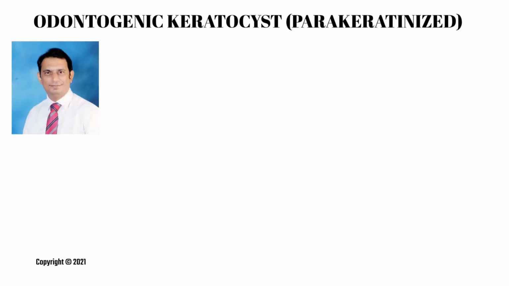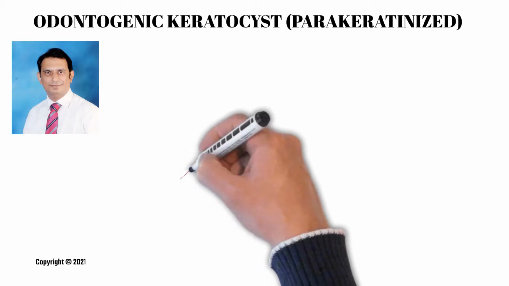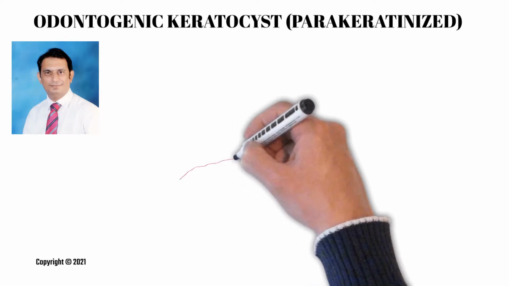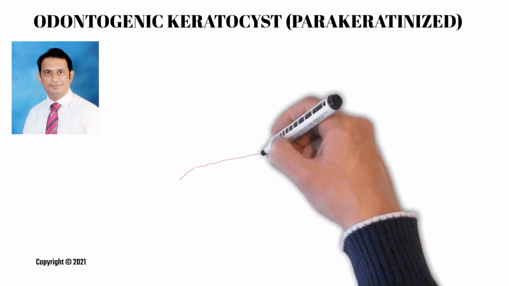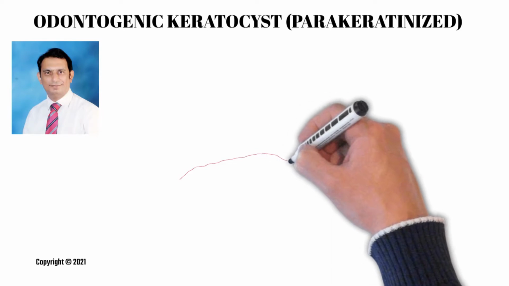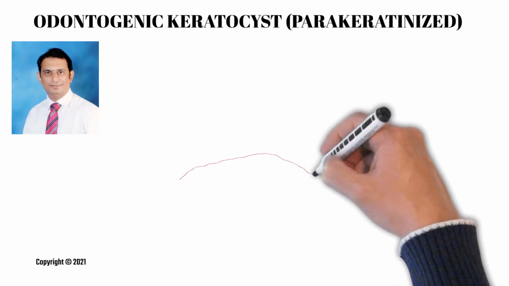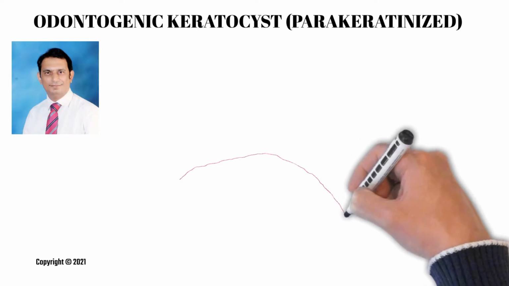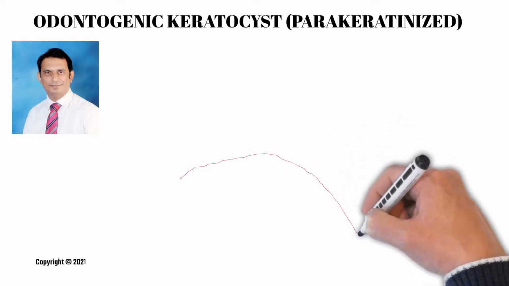The first cyst is the odontogenic keratocyst, the parakeratinized variety. First thing you need to draw is the basement membrane, which is the separation between the epithelium and the connective tissue or the fibrous wall. You can draw just like that, only maintain that the rete ridges are absent and it is flattened. This makes it a fragile interface.